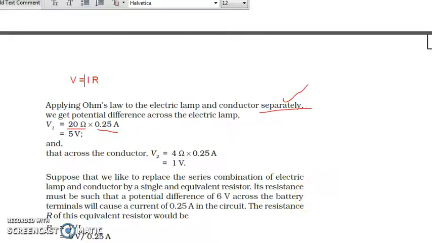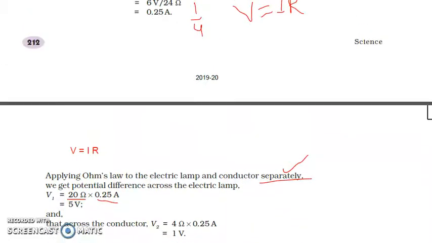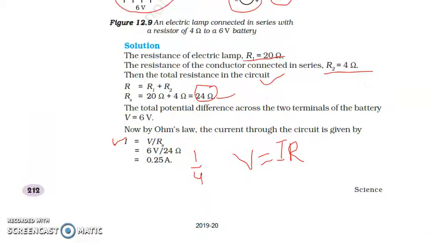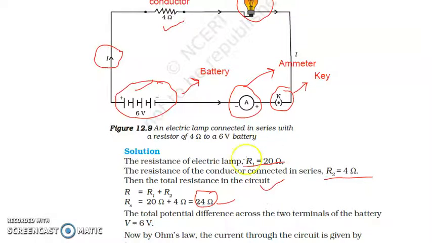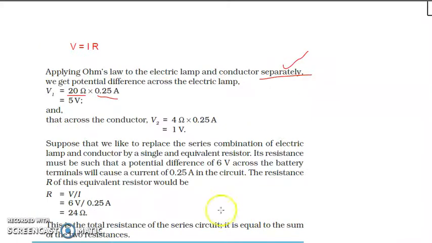When we apply this formula, in this case the value of current I is 0.25, and R is 20. We have not put the value for R as 24 ohm because we are trying to calculate the potential difference across the bulb, which has the resistance 20 ohm. So this is the electric lamp, 20 ohm, so it will be the potential difference across the 20 ohm resistor. V1 is equal to I into R1. So this 6 volt potential would be divided into two parts. One part is across the lamp, which we have already calculated, and it comes out to be 5 volt. So out of 6, the 5 volt potential difference would be across the lamp,